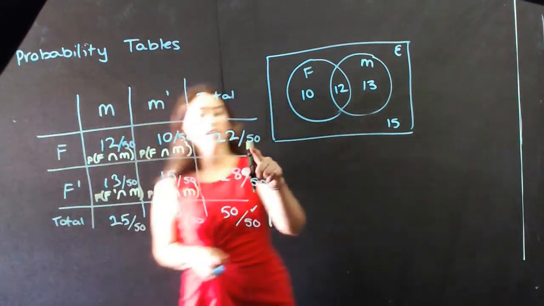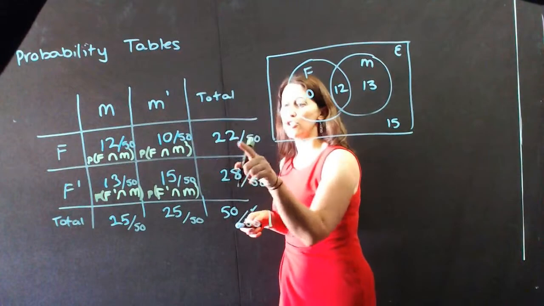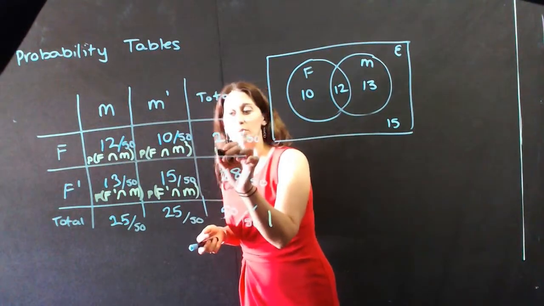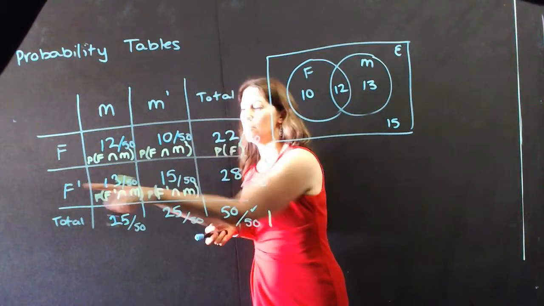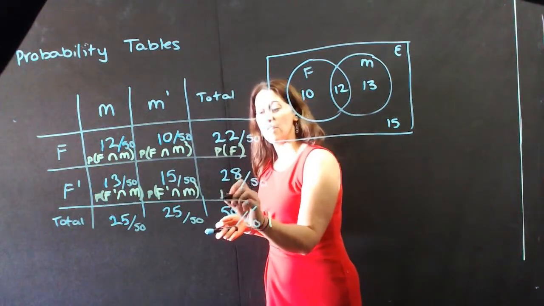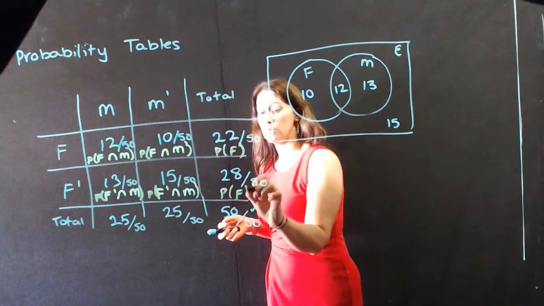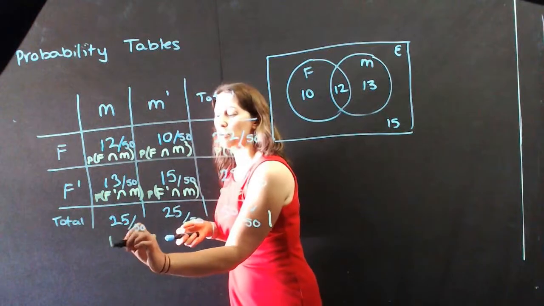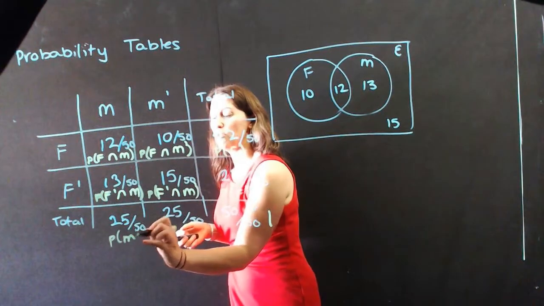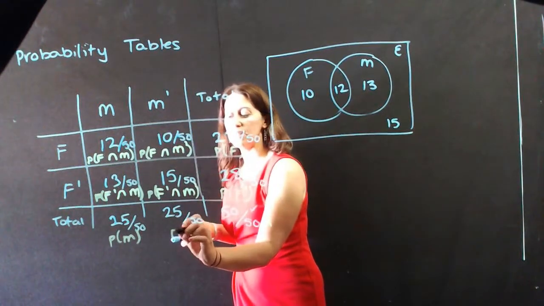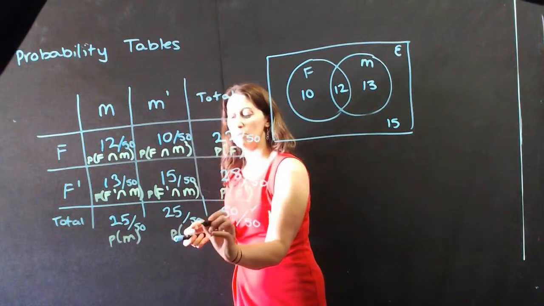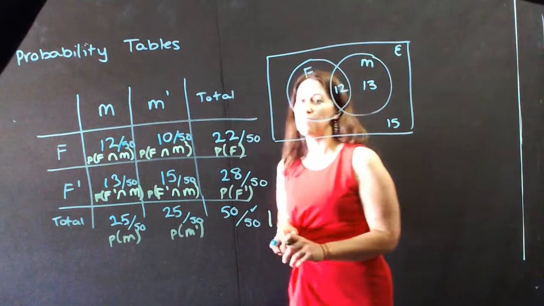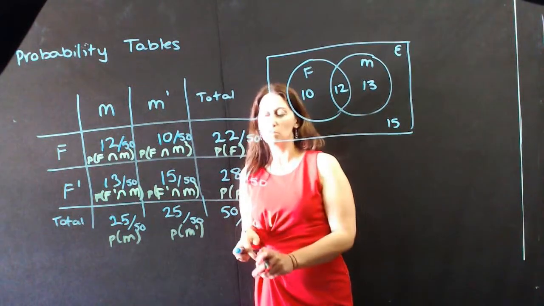Now, over here, this is actually the probability that a student picked at random went to the football match. So this is the probability of F. This one here is the probability that a student did not attend the football match. So that's the notation we've used there. This one's now the probability that a student attended the movies. And this one is the probability that a student did not attend the movies. Both of these should total to 1. And that's always what goes in the bottom right-hand corner of a